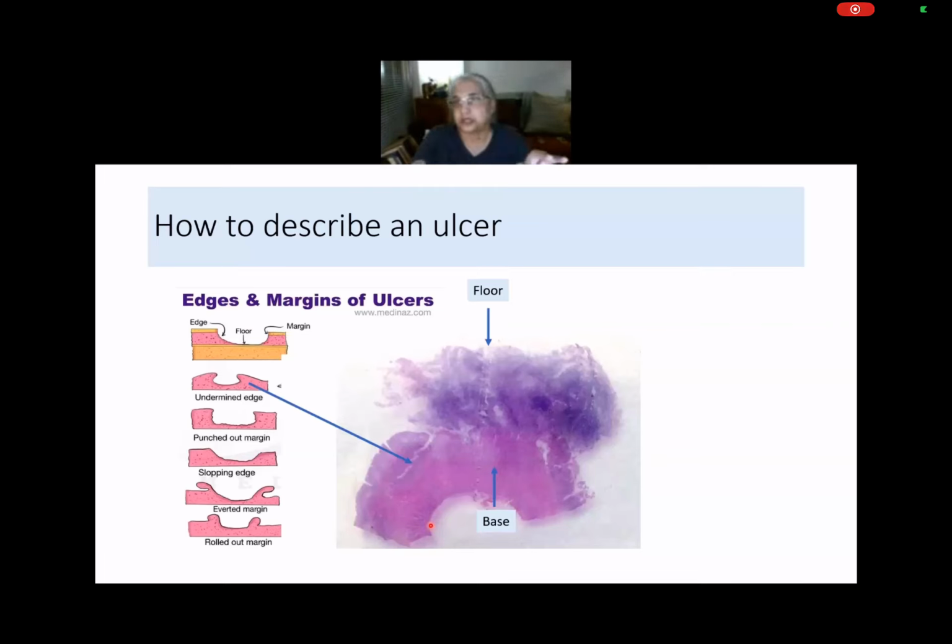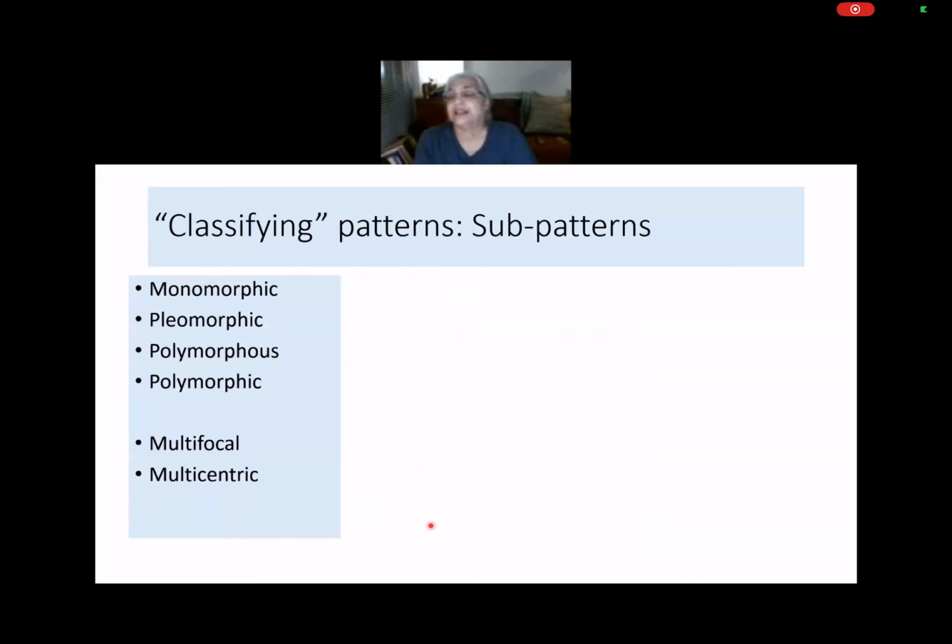So these are the different ways in which we describe ulcers. We have to know about the ulcer edge, the ulcer floor, and the ulcer base. Edge and margin are two things that are often used synonymously. So you can have margins that are rolled, margins that are undermined, edges undermined, all of that. And you know that this is not just a gross thing. You see it even under the microscope. Like an amoebic ulcer, it's a gross thing that you see the margins are undermined, but you can see that very well even in a well-prepared histological specimen. Okay, now those were the